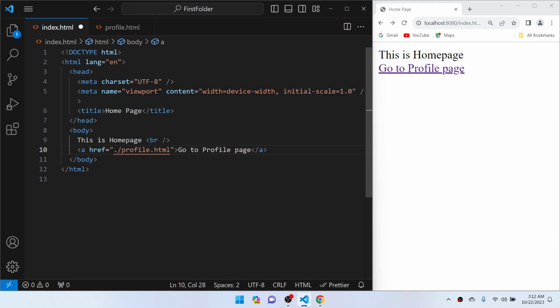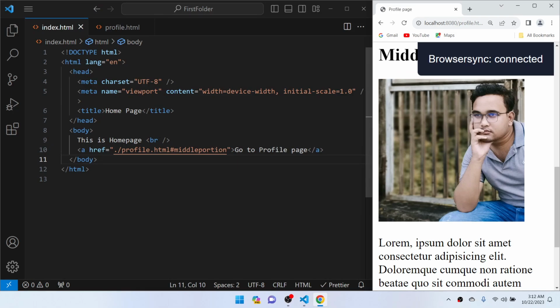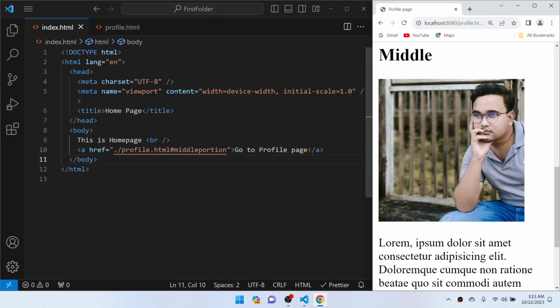Then I'm gonna tell the browser to be on that page and find a section with the name middle portion. And if I save the file, the browser will first go to this location and try to find an anchor tag with the name middle portion. So if I click on this link, you can see I am in the profile.html page and directly navigated to